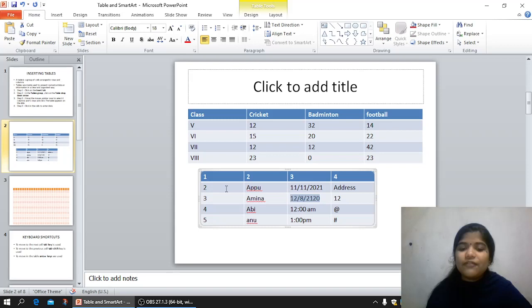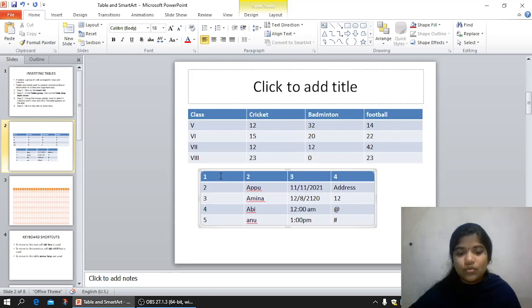Currently we have chosen this first box, first cell, and I am using the down arrow like this. You can see currently it is on 2, 3, 4. Now I am using the right key. It is shifted. After that I am using the top key. Then I am using the left key. It has reached the number 1. So all these keys we can use.